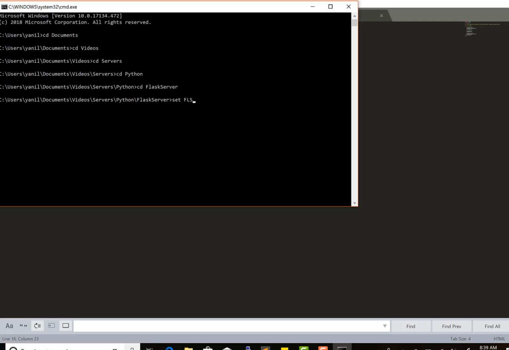Flask underscore app to server.py. After, we're going to do the configuration later and everything. Server.app, and then